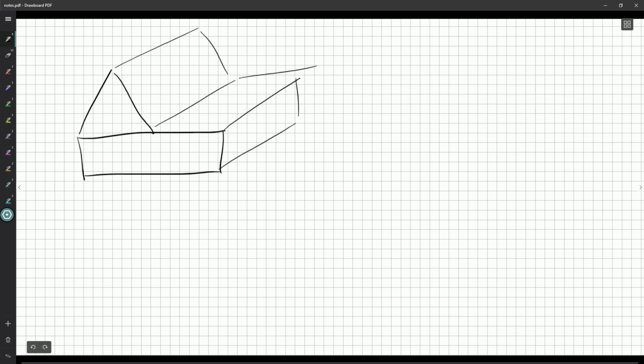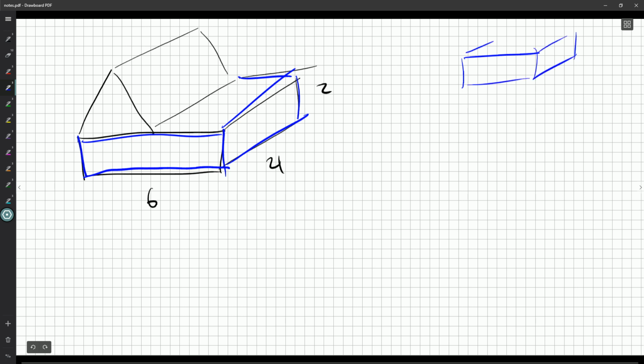There we go. Alright, so we've got 6 here, 4 here, 2 here. Now this actually gives me the dimensions of the rectangular prism. And so I can figure out the volume, because the volume of a rectangular prism is length times width times height. So the volume here, 6 times 4 times 2, is going to be 48. So the bottom here, 48. Okay. Now, what about the